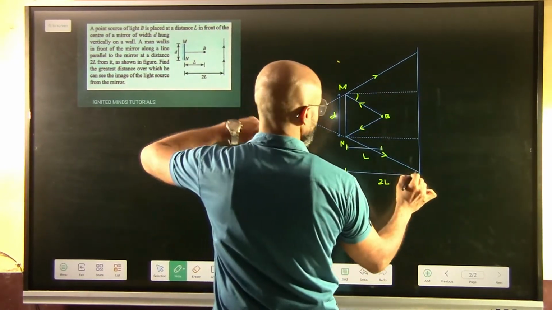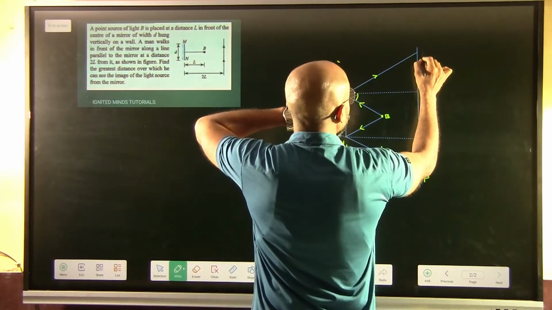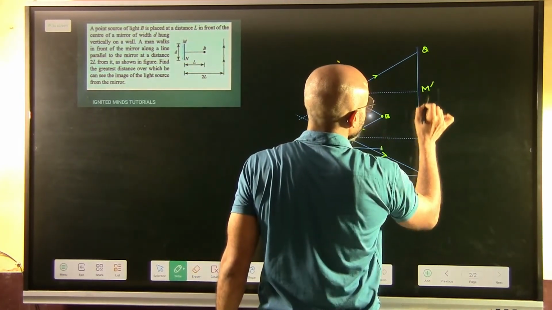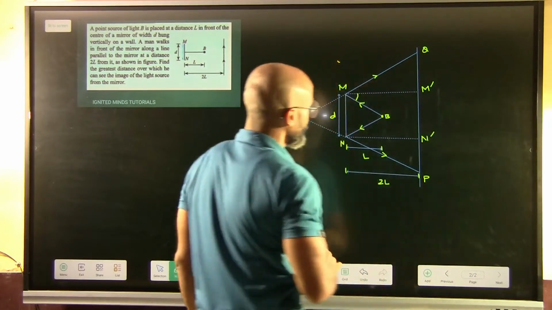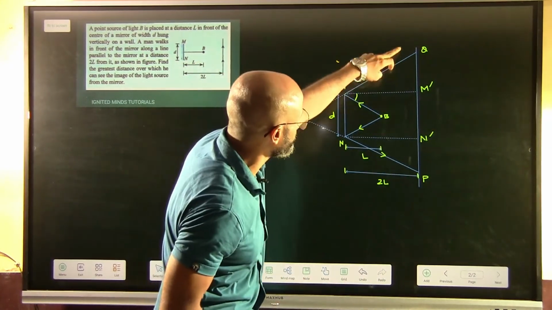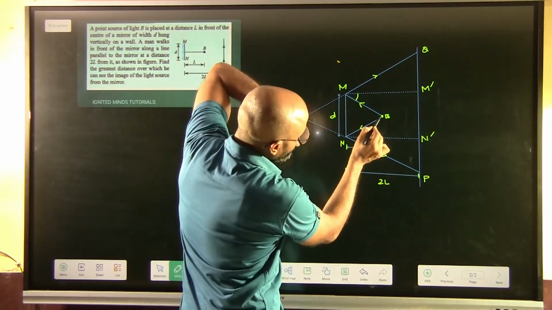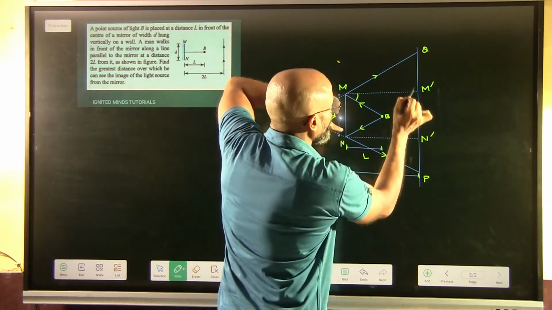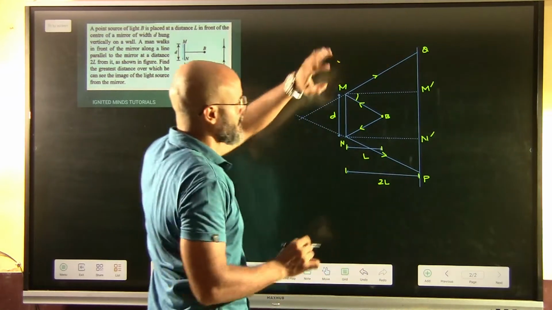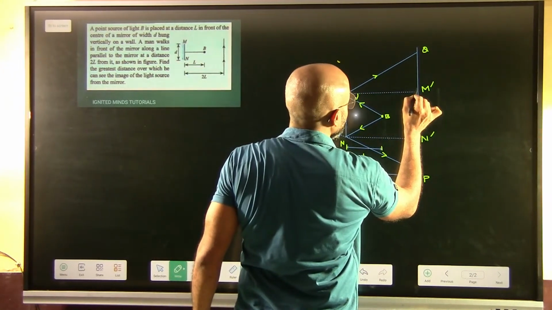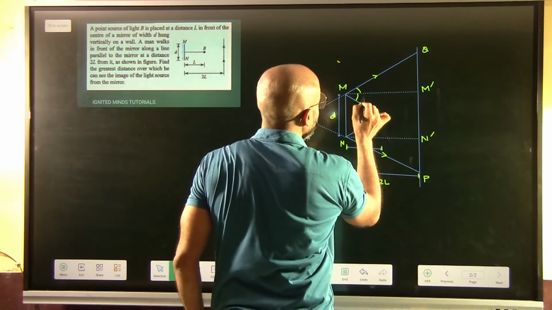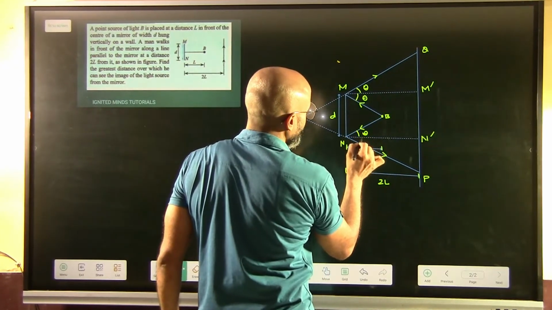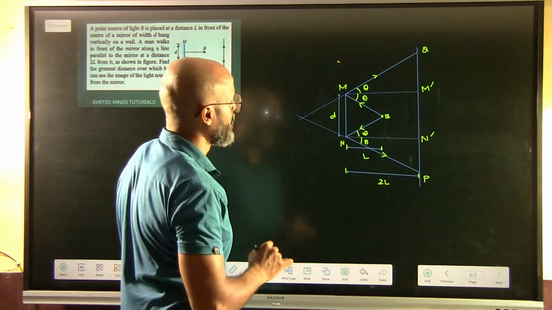So the man is basically traveling from a point P to a point Q, and let's say this is M dash and this is N dash. The man is traveling like this. He sees the first reflection here, so he travels all the way up to here till he sees the reflection. This will be perpendicular here, and if this is the angle of incidence, this will be the angle of reflection.